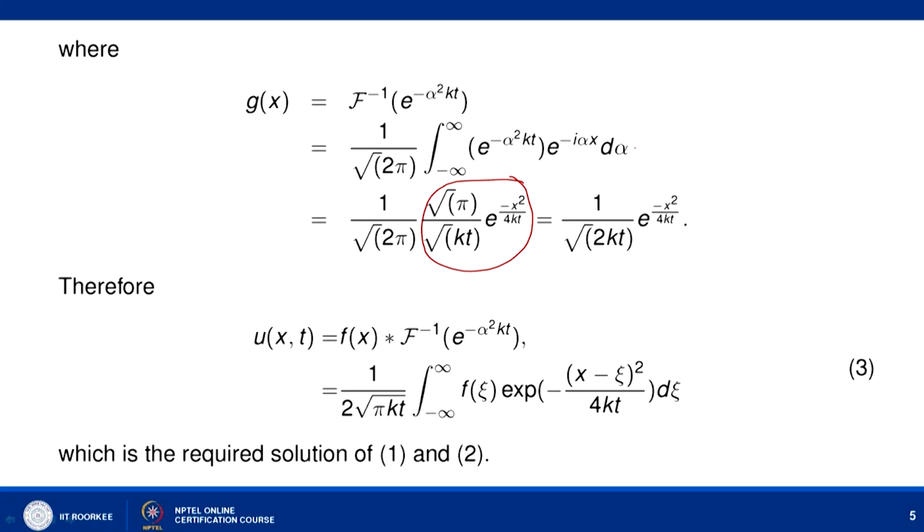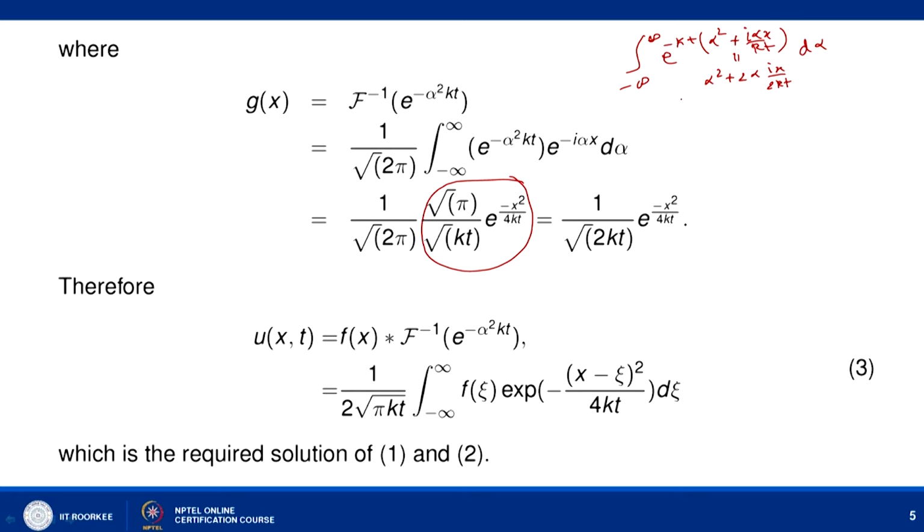Let us write it here: integral from minus infinity to infinity. I can write e to the power minus k t out, then we have α², and then we have plus, and we have taken α out, so it is i α x divided by k t here. So, we can write it like this, and dα. To solve this, let us make the perfect square here. So, I can write this as α² plus 2 times α i x upon 2 k t, right.